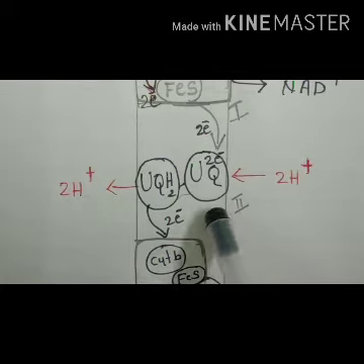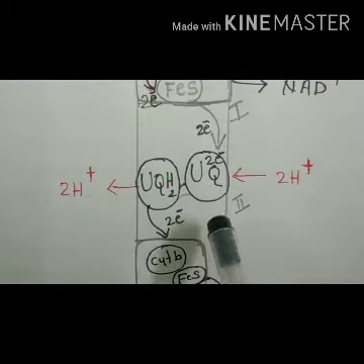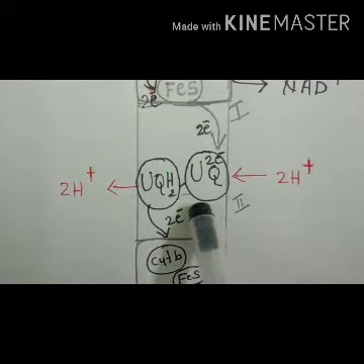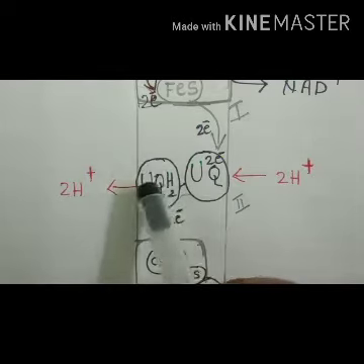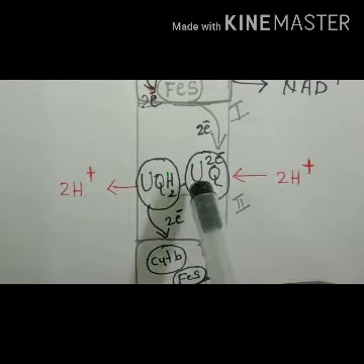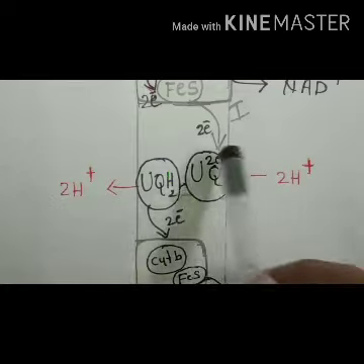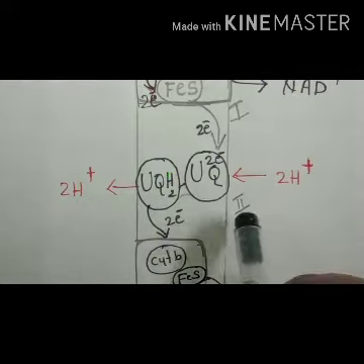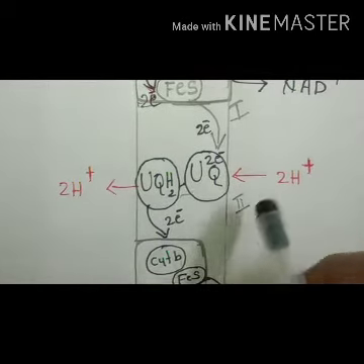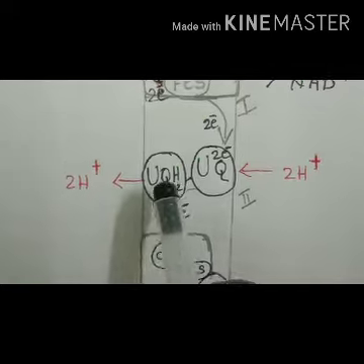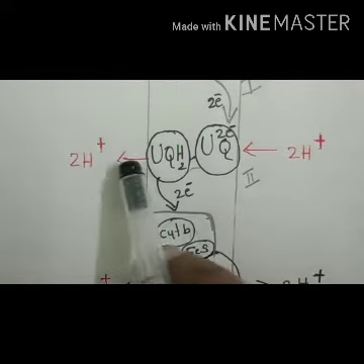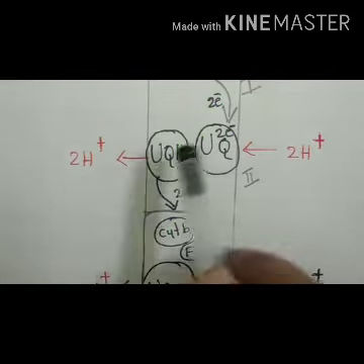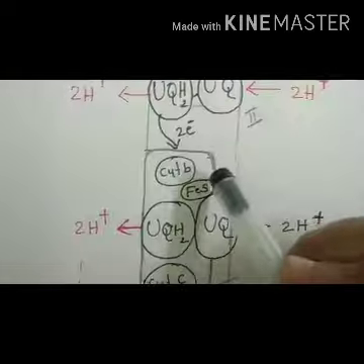Here we can see the second complex, which is succinate dehydrogenase, which is one of the steps which can be seen in Krebs cycle. Succinic acid is converted to malic acid. At that time, FADH2 is released, isn't it? So this complex that is called succinate dehydrogenase is the second complex. So from this ubiquinone, the electron is moving to dihydroxyubiquinone. From there, the protons are moving to inner membrane space, and the electrons again move to the third complex.